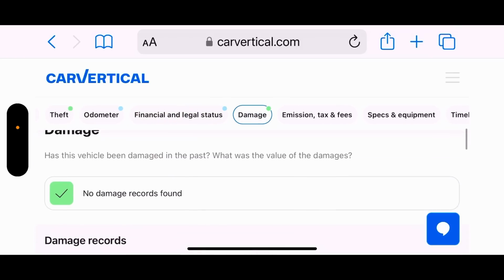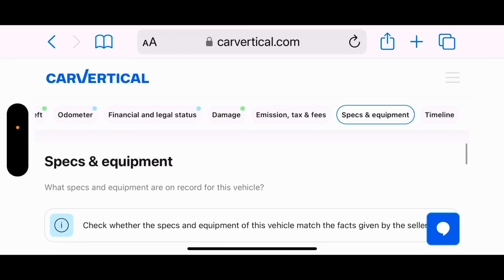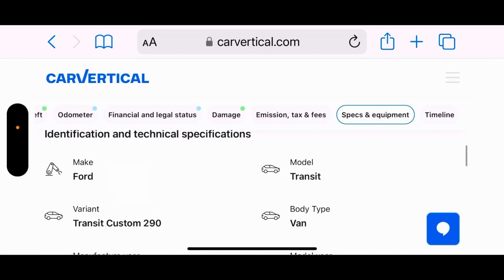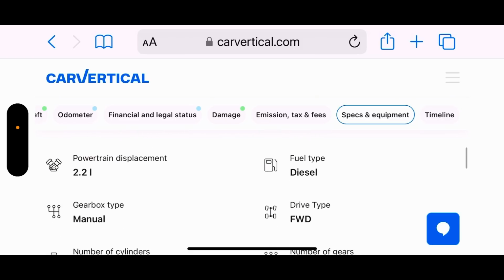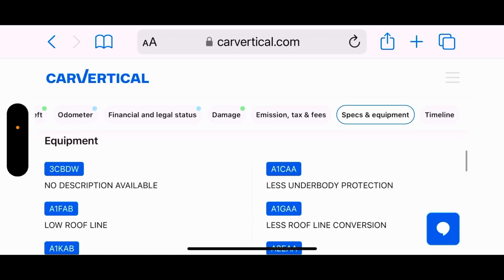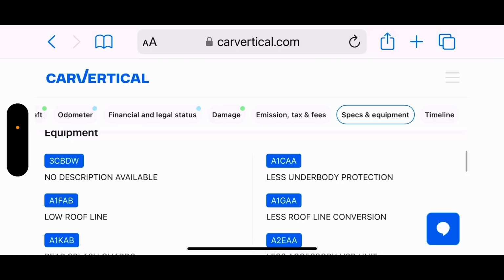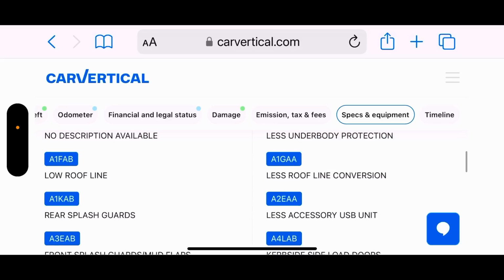So damage there, you can see it's green and all clear. Specs and equipment, that was very interesting on this one. It tells you there what it is, a full Transit, and when you scroll down, it tells you everything that van came with from the factory and didn't come with. So less underbody protection, which is definitely going to be worth looking underneath, isn't it? Less roof lining conversion, no description available. Low